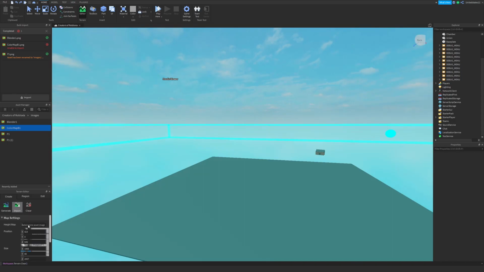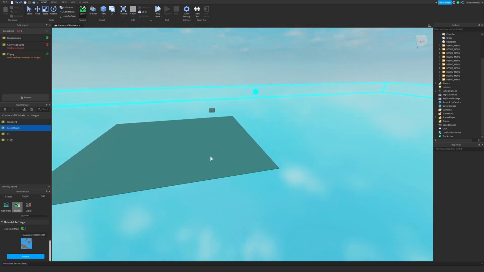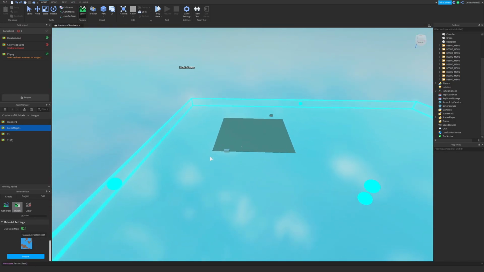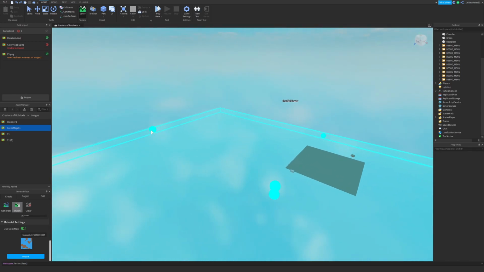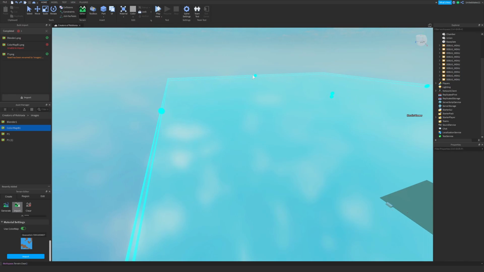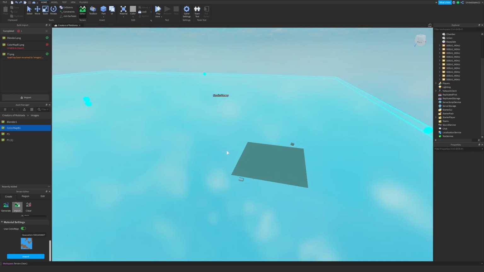So we're going to go back to import, select your height map. In this case, it's named Blender for me, and then we got the color map, and then we're going to make this absolutely massive, and you're going to see the distinct difference. Everything's going to closely resemble the height map in every specific detail. And this is important if you want your details to be this specific.